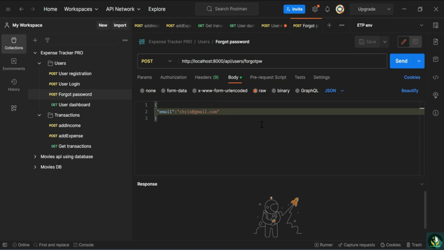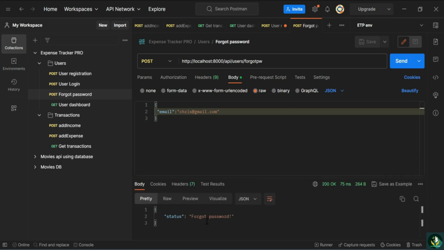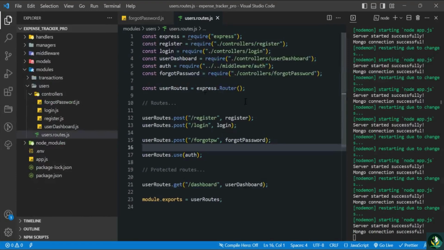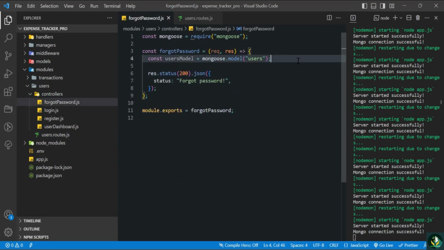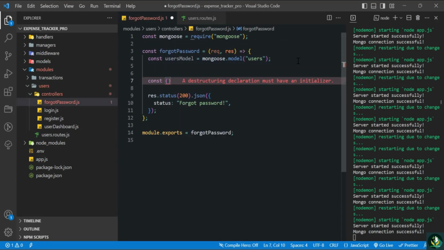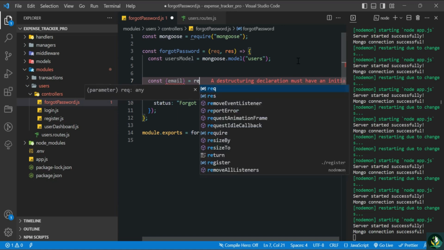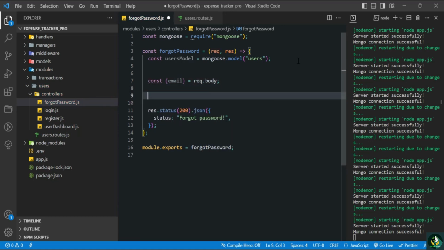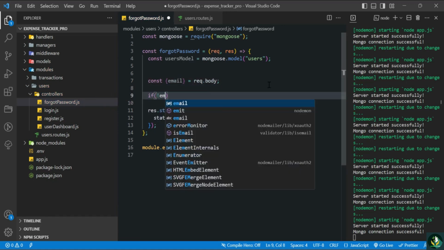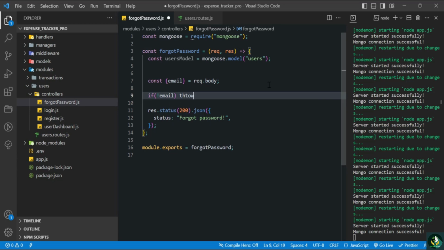So in this route the user will land and they will provide their email address, and we will be sending the reset code to this email address. So let's try sending the request. So the forgot password controller is triggered. Now in the JSON payload in the body we have an email, so let's access that. So in forgot password, const email is request.body, destructuring this, and if email is not provided, then throw